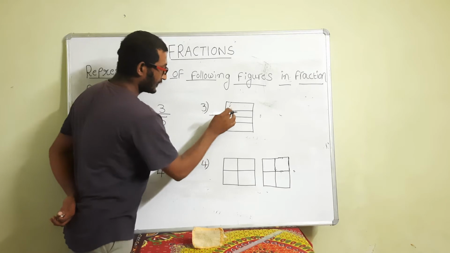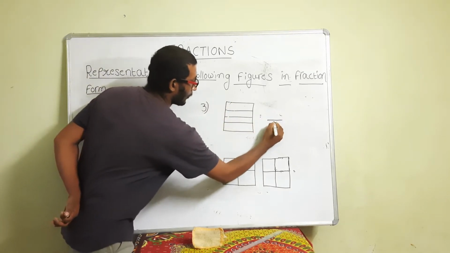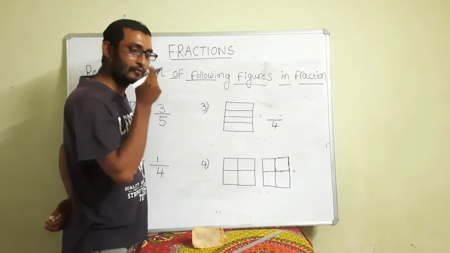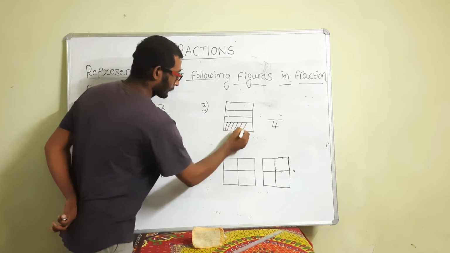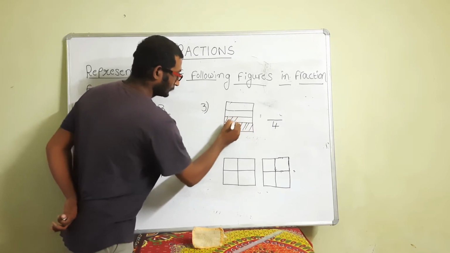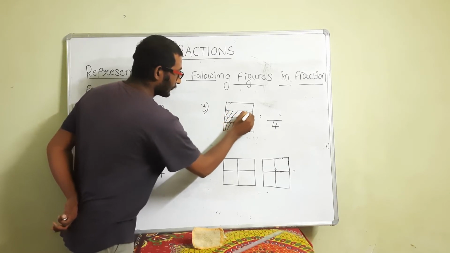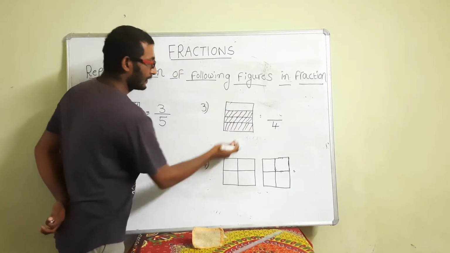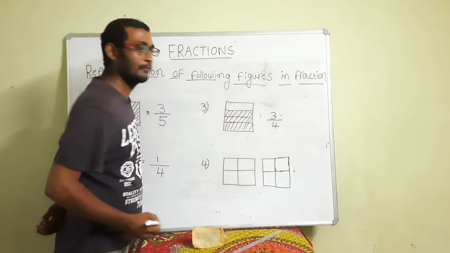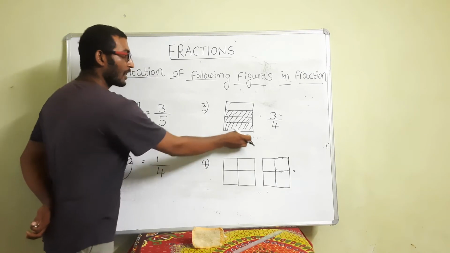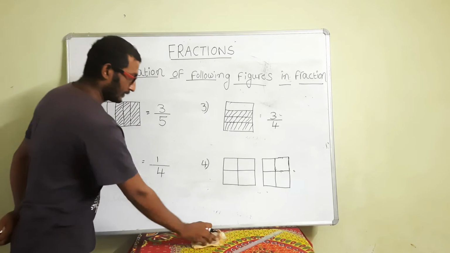And here, see. Here also this one is cut into how many parts? 4 parts. In 4 parts, for example, the cross line indicates your taken parts. In total 4 parts you have taken 3 parts. That means the fraction value of this figure is 3 by 4. And see,